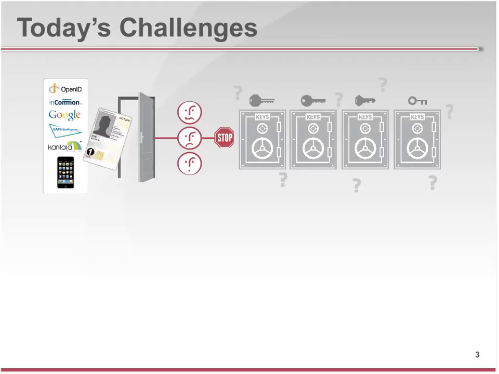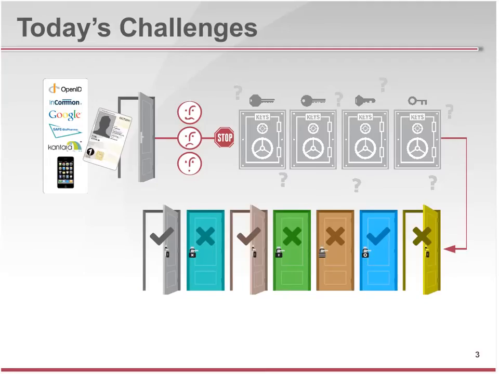So what does this lead to? You've got frustrated users, you've got the inability to provide information when it's required, you're spending a lot of time and money trying to get access, and in a lot of cases, you ultimately don't get the information you need. So as a result, we have one of many scenarios that could occur in today's enterprise. On the legitimate side, doors are open that should be open, doors are closed that should be closed. However, more often than not, doors that shouldn't be opened are opened, doors that should be opened are not opened, and we've got a disaster waiting to happen.